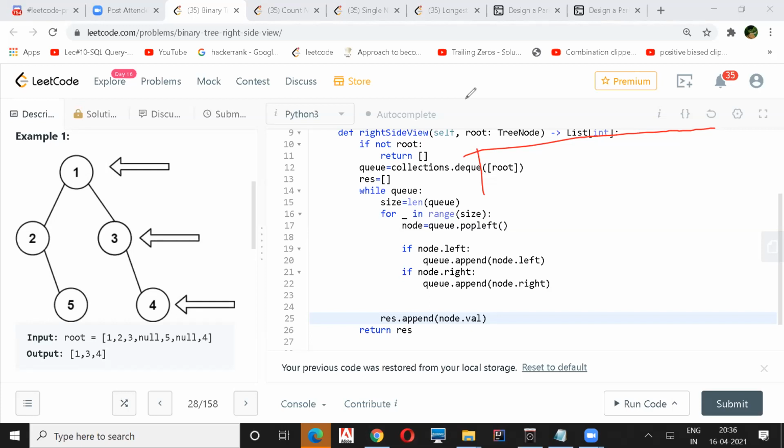Okay, so this first is your level order. Line 16 is your level order. When you are done with that for loop, then you come out and whatever is the last node, that value you are just appending to your result. That is, in some way, an optimized version of doing this, the BFS. This is a much better BFS. It's a normal one only. Trivial one.